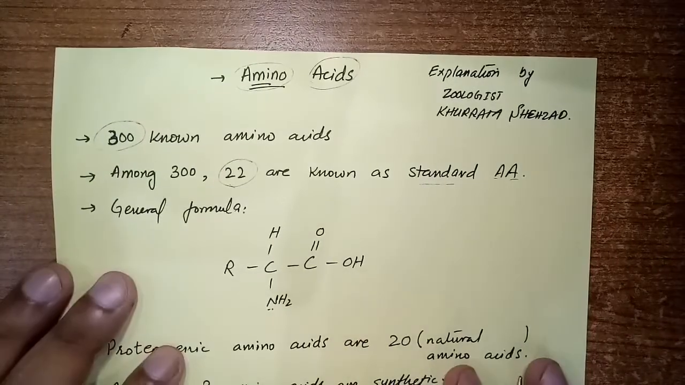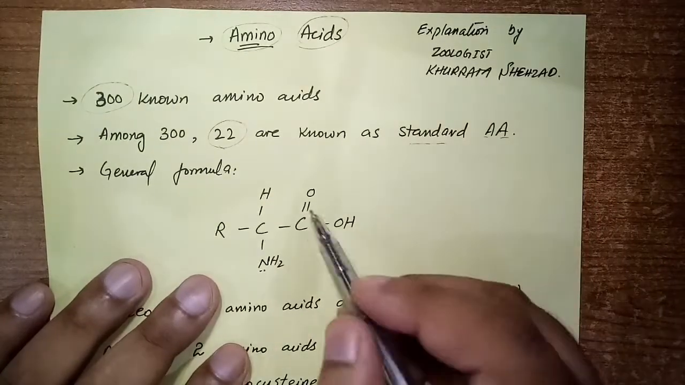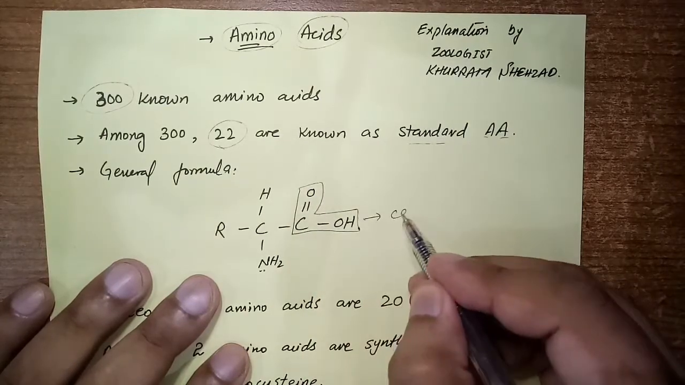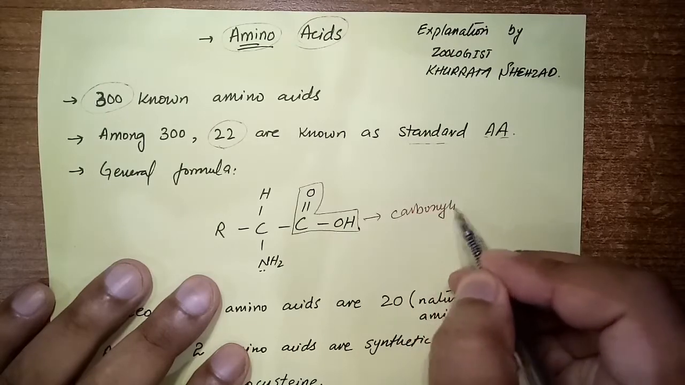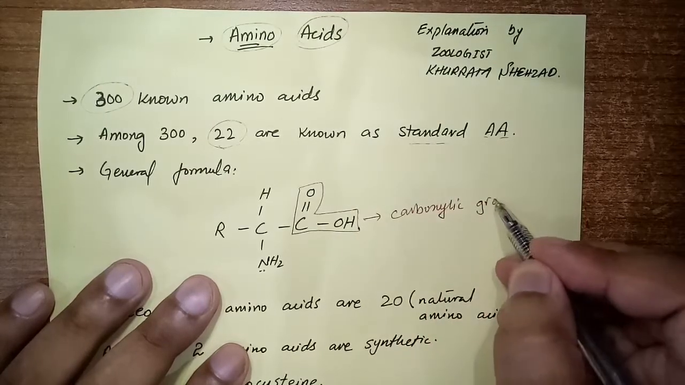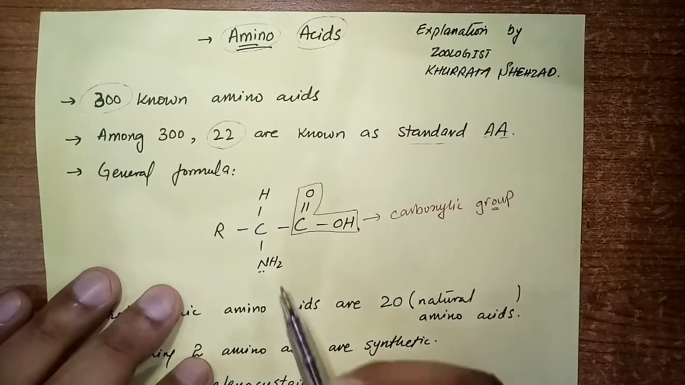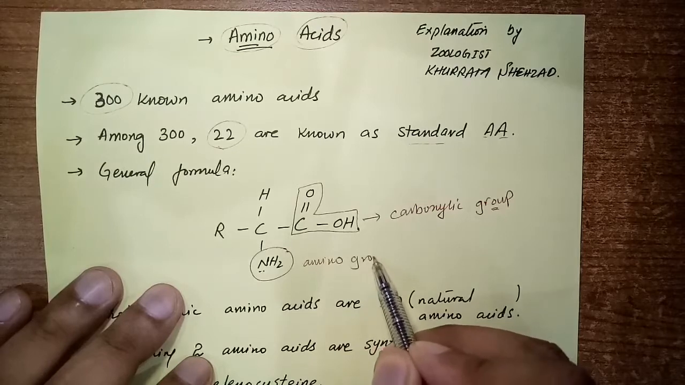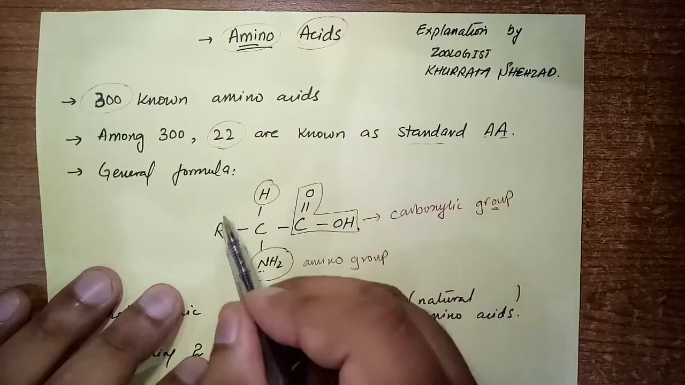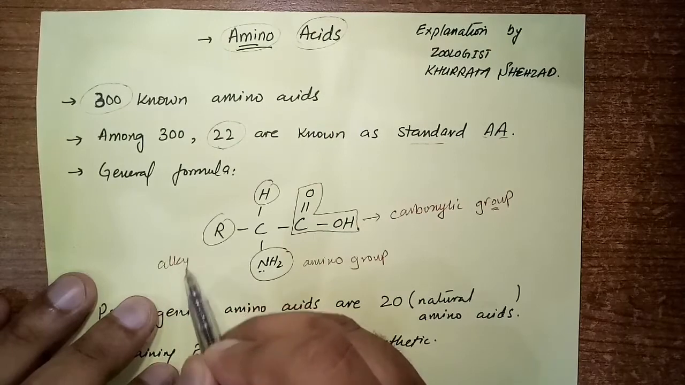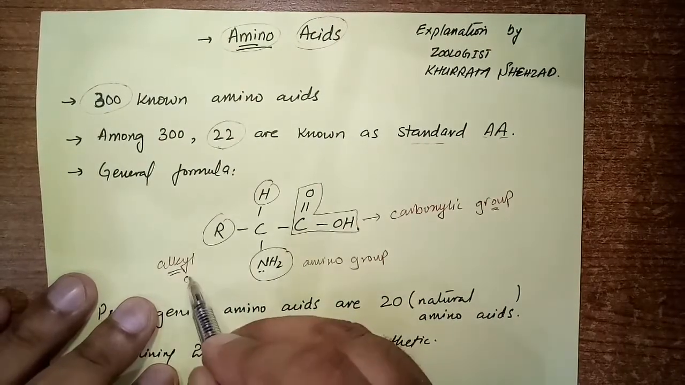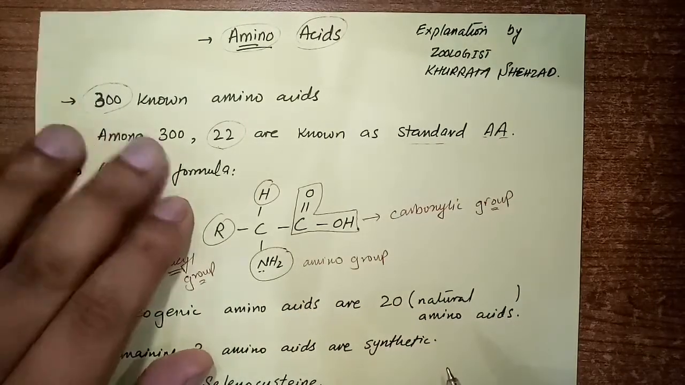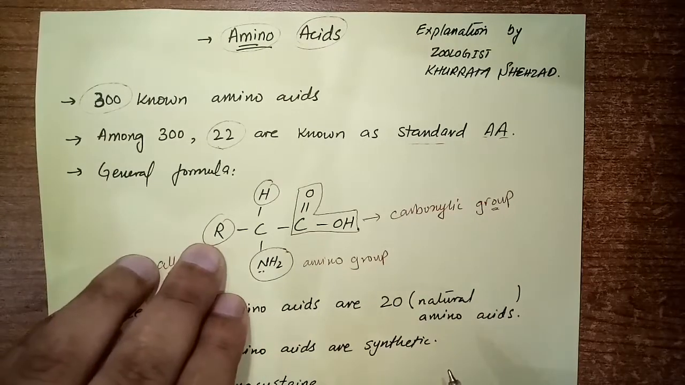So if we just talk about the general formula of amino acids, you will find the carboxylic group over here. This is known as the carboxylic group, and this is known as the amino group, and this is hydrogen, and this is known as the alkyl group. And whenever you change the amino acid, if you talk about 300 amino acids, you change the R group or